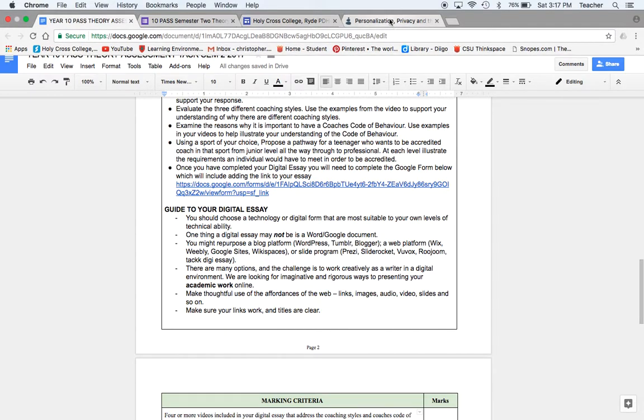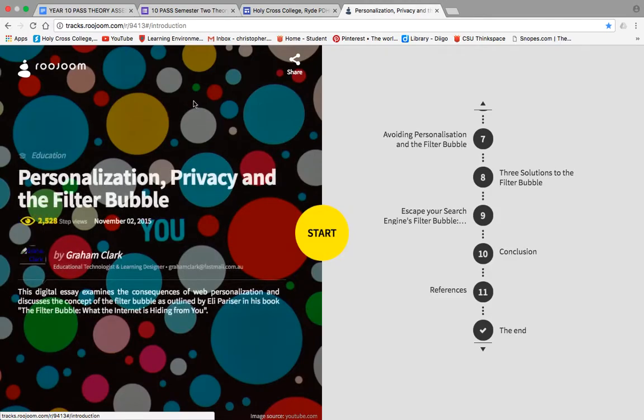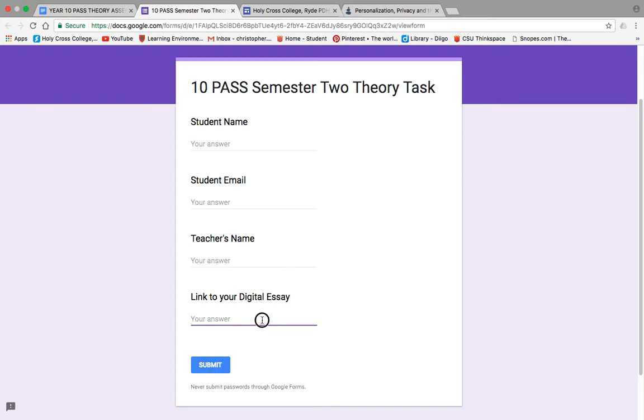So you can see that if you were using Rujum, for example, which not everyone has to use, please feel free to be creative and use your own. There'd be a shared link on most of those. Okay, and if you're having trouble with that, you can come and ask me, and I can help you through that. And if this was my assignment, I'd click on the share, and I could copy and paste this into your Google form, as you can see there. And then I fill out the other parts, I'd submit, and that would come to me, and I could see that you have completed it.